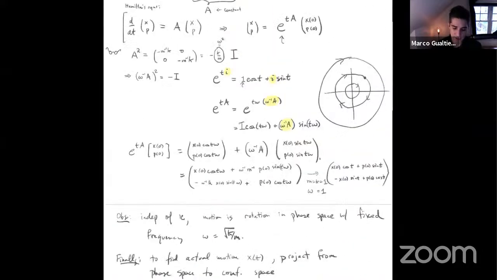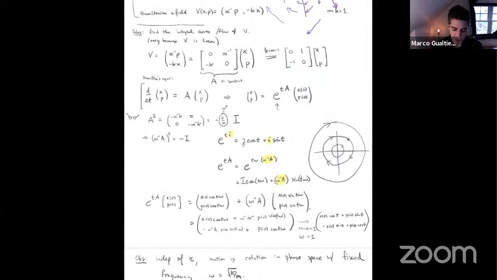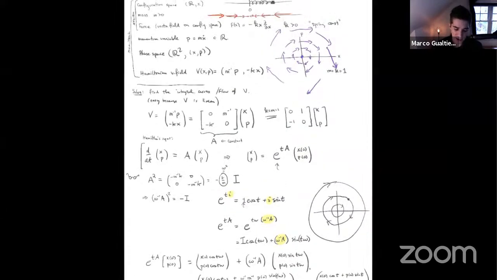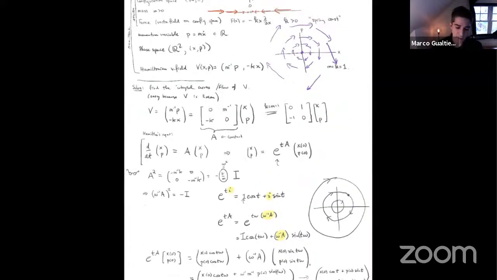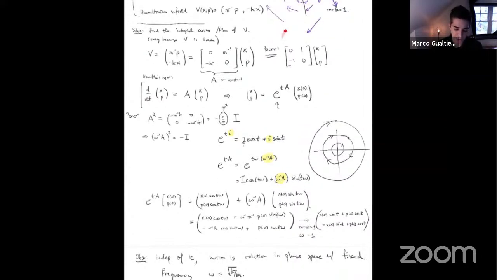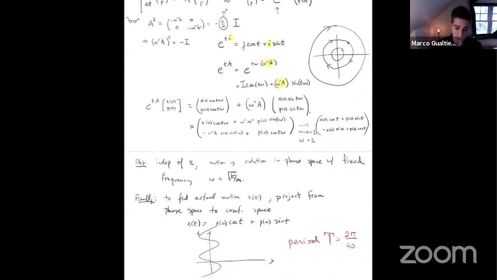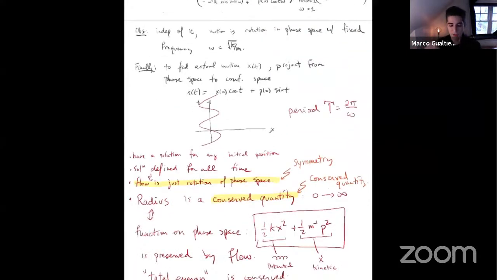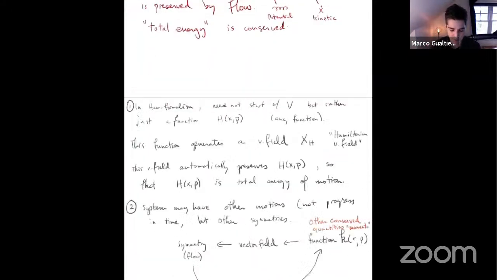And we saw that in the case of the harmonic oscillator, this system of ODEs is defining a vector field on the phase space, and that the integration of this vector field gives us these integral curves, which are just circles. And so we deduce from this, by projecting the circles down to the x-axis, this sinusoidal motion in time for the motion of the mass under the force field of the spring. Okay,